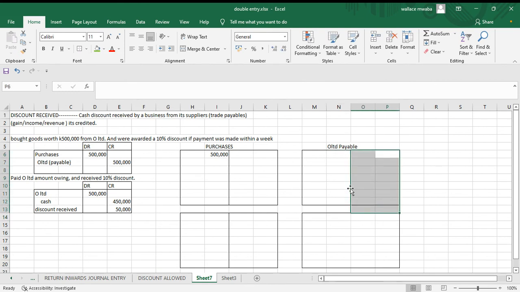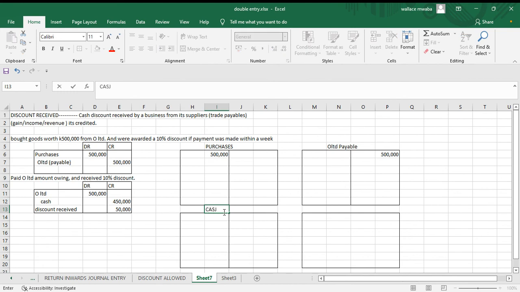We credited them 500,000. And then when we paid the amount, we're going to open the cash account,